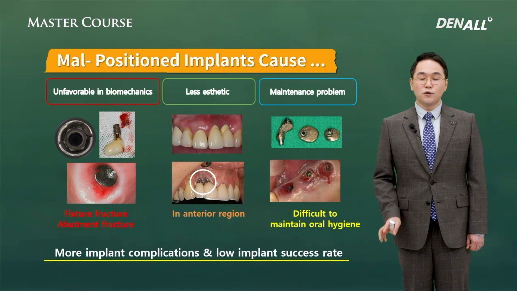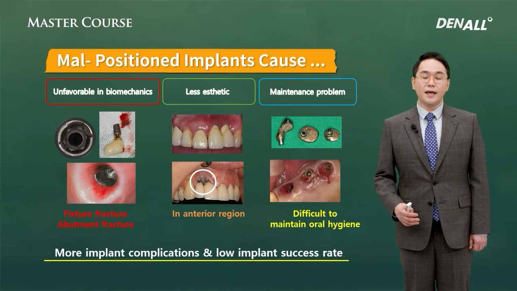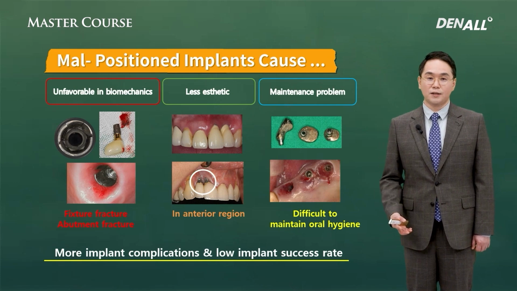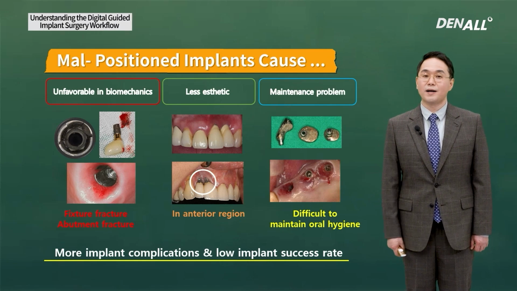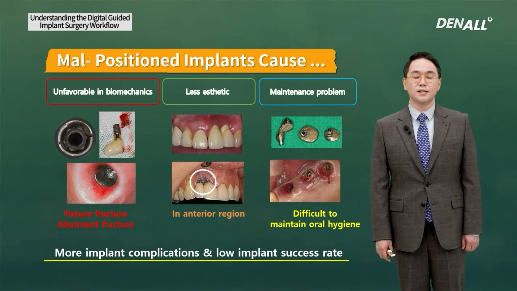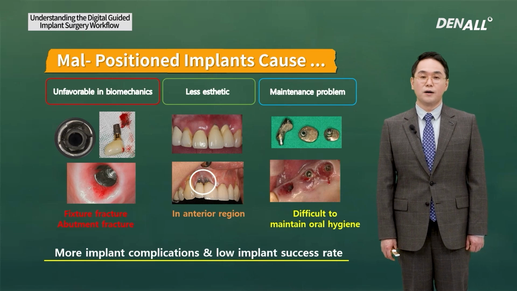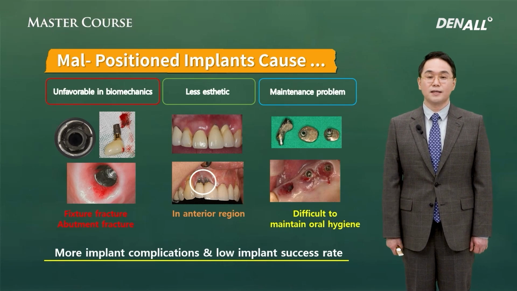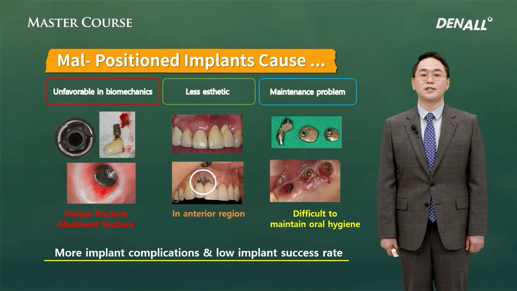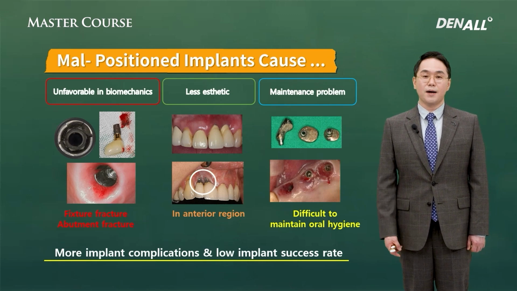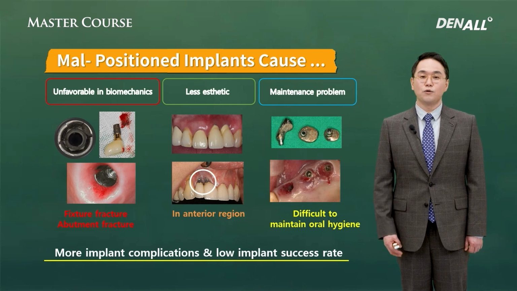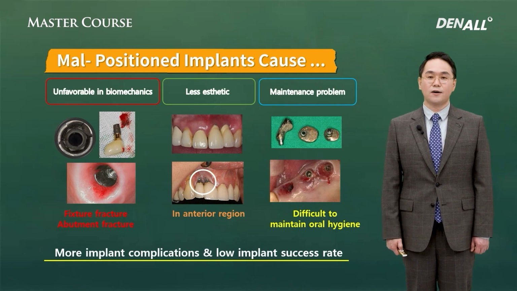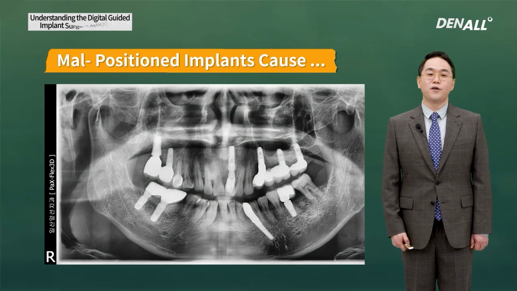When implants are not properly positioned, a long cantilever can occur. The bending moment of the cantilever can cause a fracture or loosening of an implant abutment or screw, and it can lead to aesthetic complications in the anterior region. Many doctors say a CAD/CAM abutment or custom abutment can overcome the problem of malpositioned implants. Of course, the prosthesis can be fabricated for that purpose. However, it would be very difficult for the patient to maintain oral hygiene,